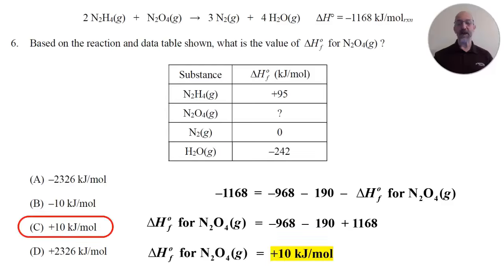Notice that the correct answer is choice C for question 6, but a very common and incorrect answer would be choice B, which is negative 10. So positive 10 is the correct answer, but a student that perhaps made an arithmetic error or an algebra error, they might have chosen choice B. All right, well, hopefully the answers to questions 5 and 6 make sense,